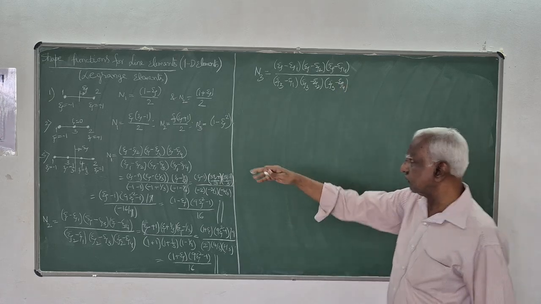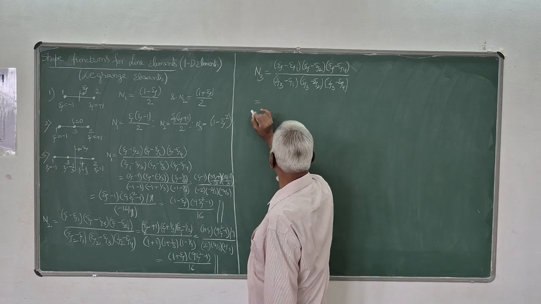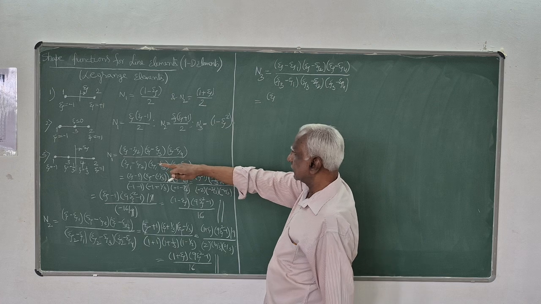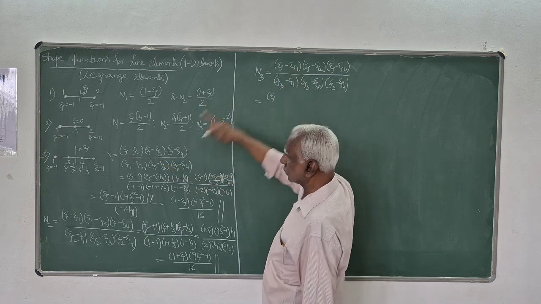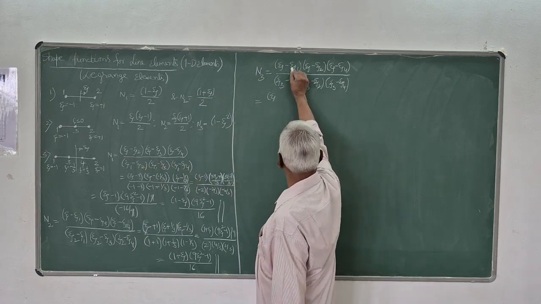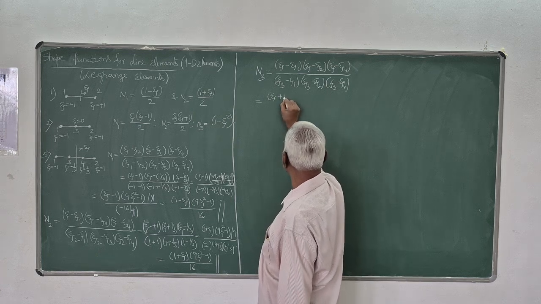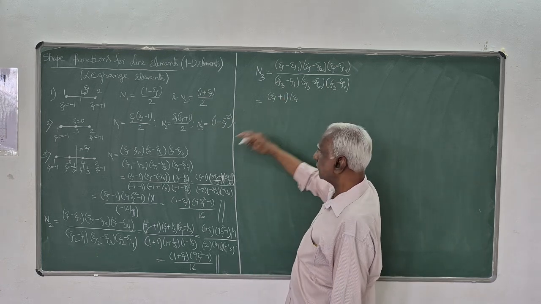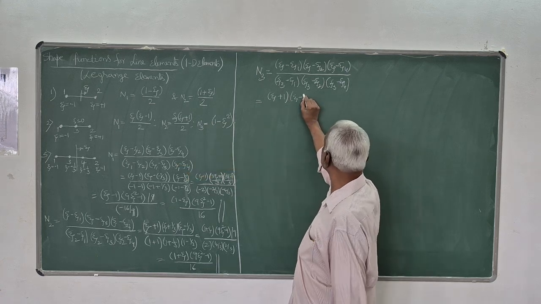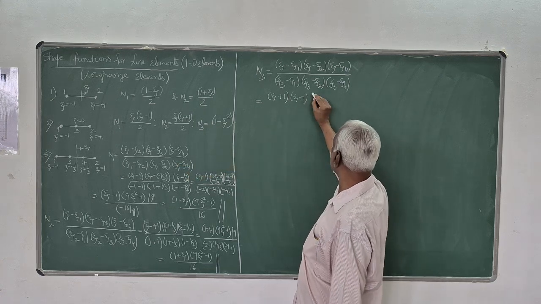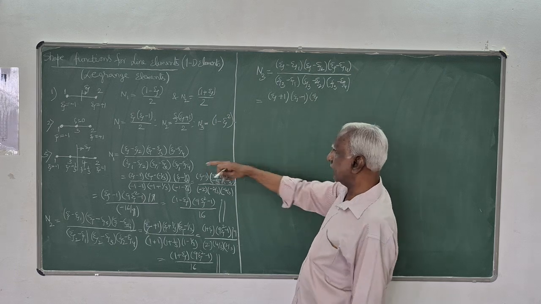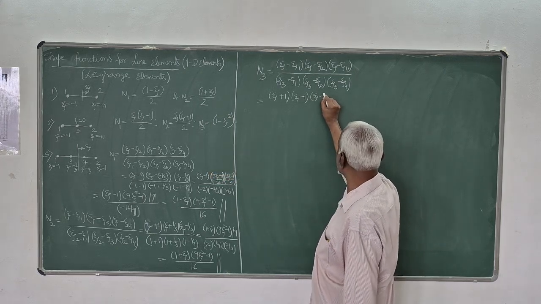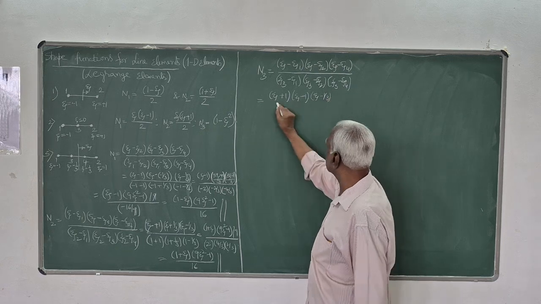So substitute the values of psi 1, psi 2, psi 3, psi 4. You will get psi 1 is equal to minus 1, so this will be minus of minus 1, which is plus 1. Then psi minus psi 2 is psi minus 1. Psi minus psi 4 is psi minus 1 by 3, divided by